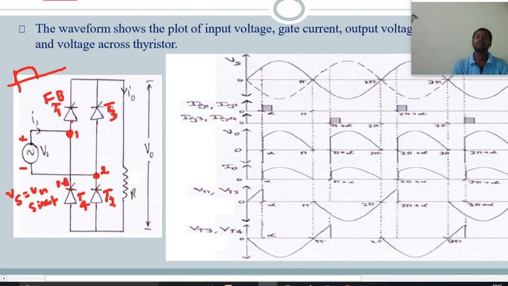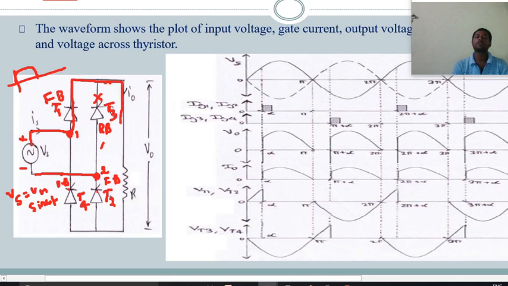And this is the negative terminal 2, which is connected to thyristor 2. Negative is connected to the cathode, so that this is forward biased. And negative is connected to the positive, so that this is reverse biased. So finally the current path will be positive to the forward biased one. This will not be allowed because this is reverse biased.